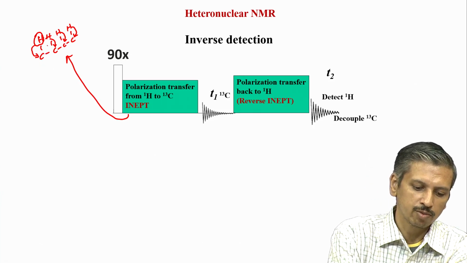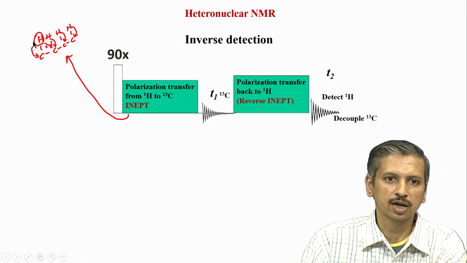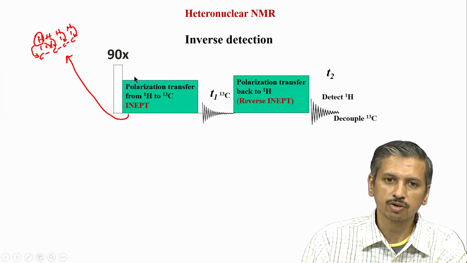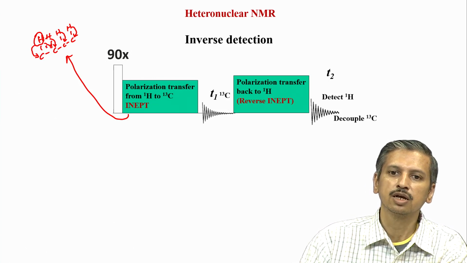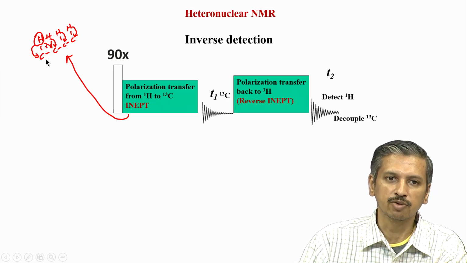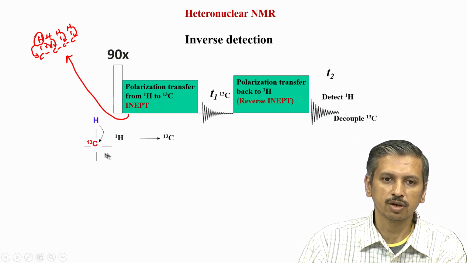We do not go from here to here, this is not done. This transfer from one proton to a little farther away, that is two bonds, is not done. That can be done, that is also using INEPT, but we can design an INEPT very specifically which only goes to one carbon. We will see that subsequently. So this is a standard approach which we use in 2D NMR, heteronuclear NMR. This is now shown schematically, which I told you qualitatively.